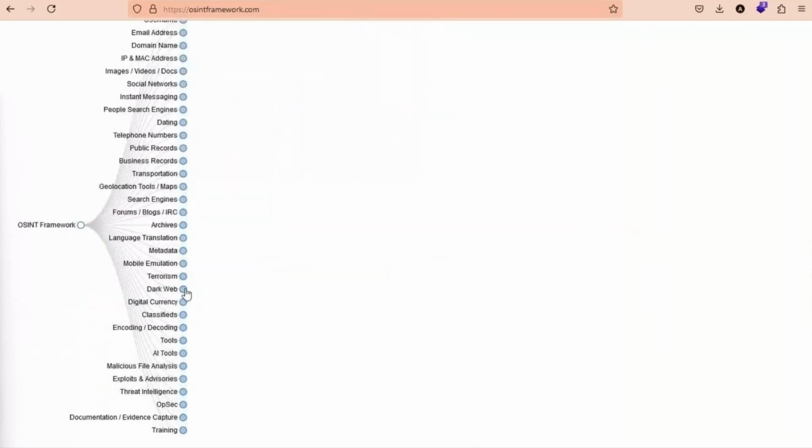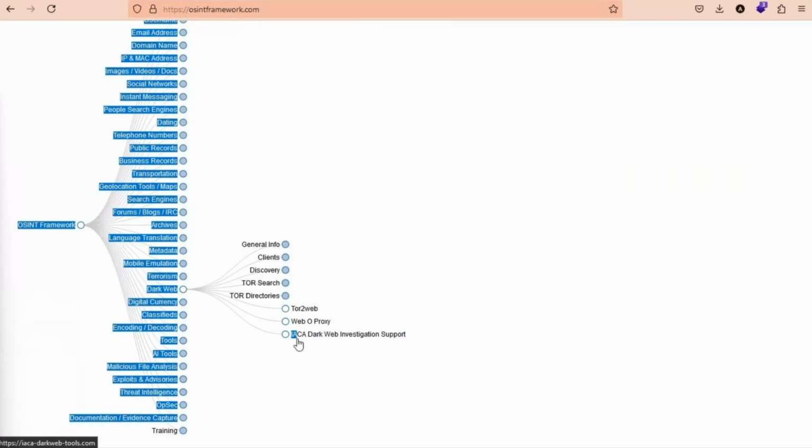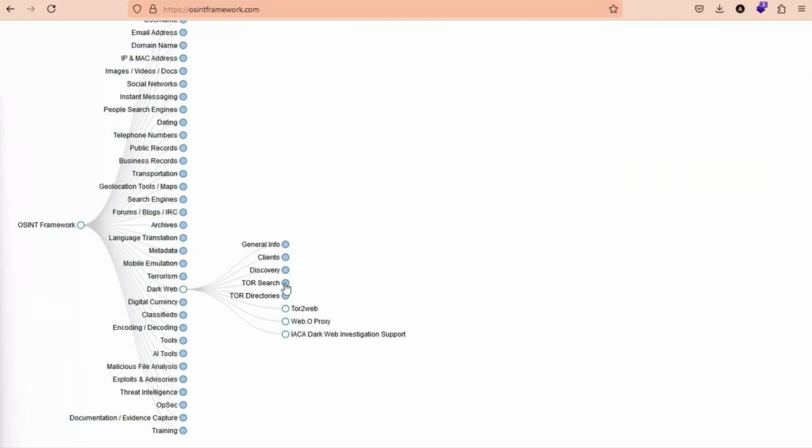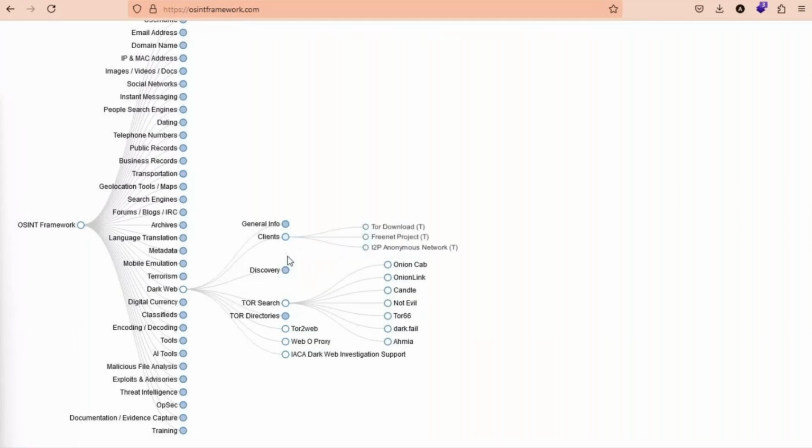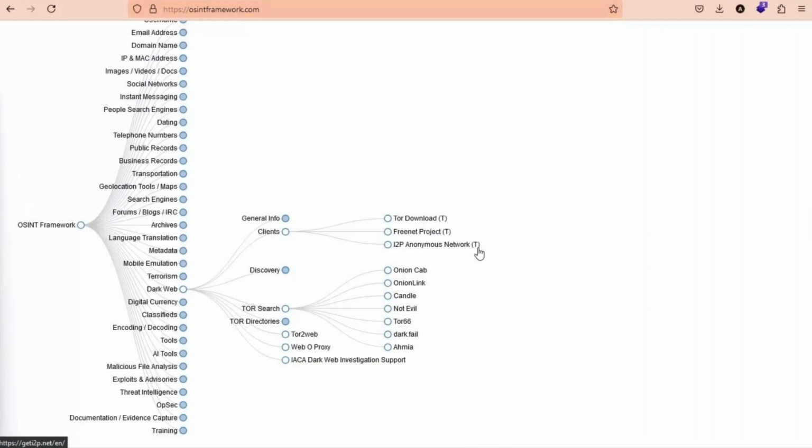Then you want to find out information from dark web. So you can use these directories, web proxy, Tor to web, right? You want to do Tor search. So onion cab, onion link, candle, not evil, Tor 666, Amia, and dark.fail. The clients, Tor download, free to net, and I2P, right? Any of the tools you can download and start using the Tor browser, the dark web,